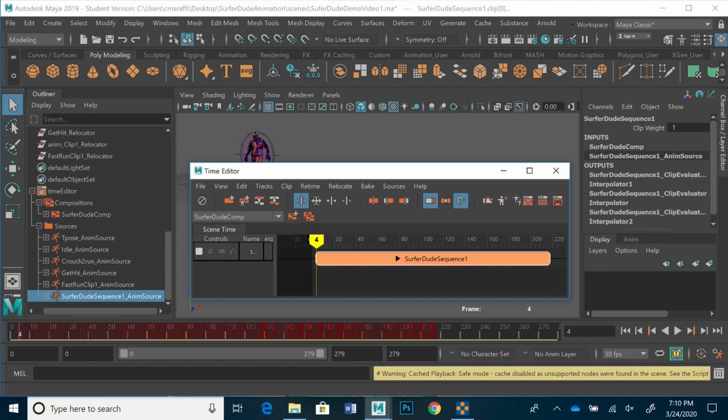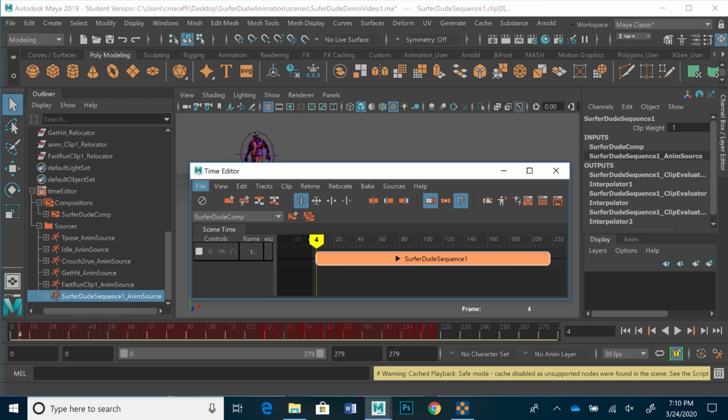I just also want to mention that I made a sequence out of this. I could bring in more clips, make another sequence, add it to this sequence, mix it with this sequence. You can do as much as you want, and then ultimately you're going to want to save the final sequence out